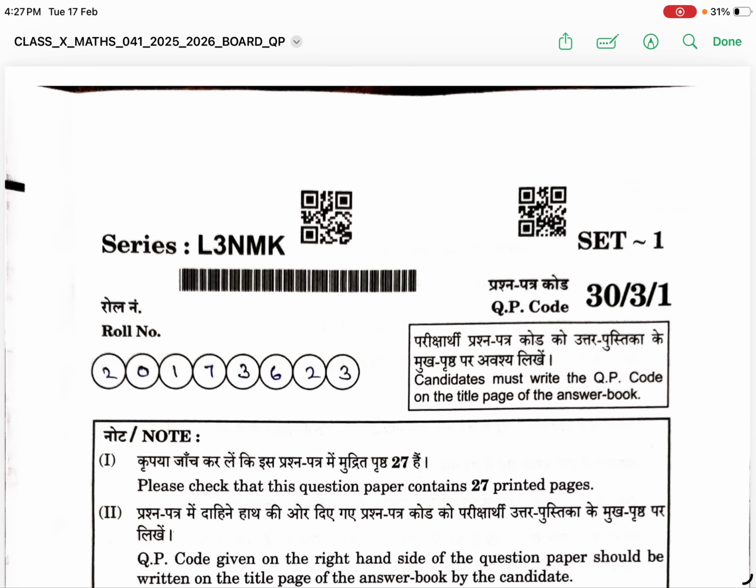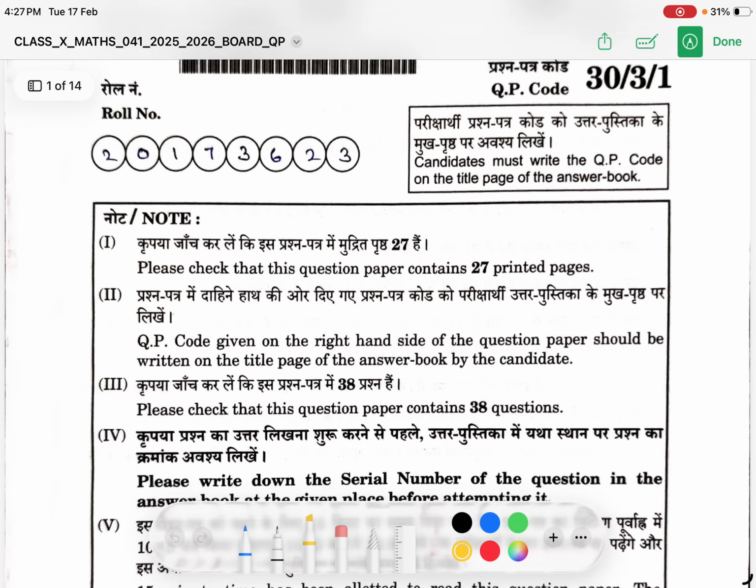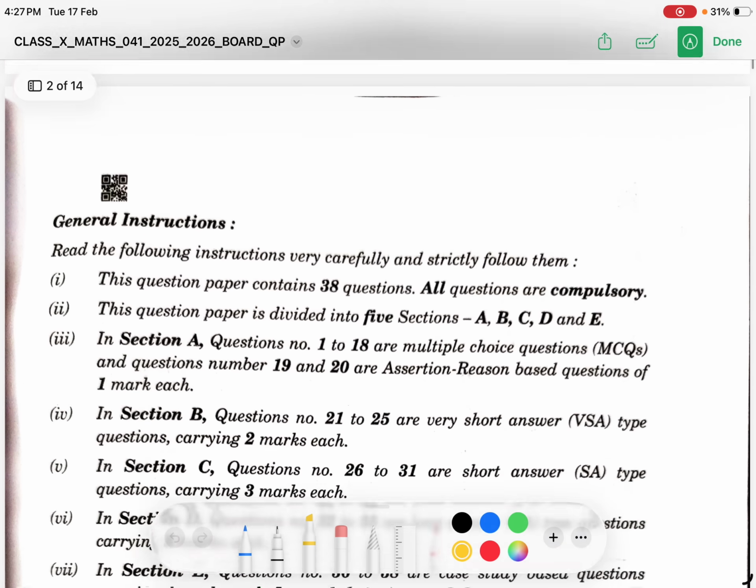So today we are going to see the 10th board exam answer key. First we will see set 1, followed by set 2 and set 3. See the first question,